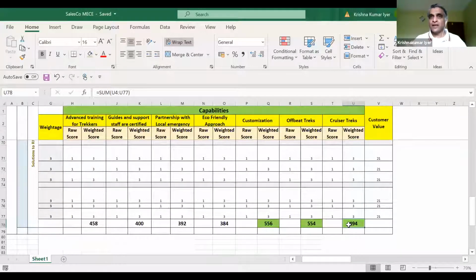Remember one thing: number 1, in the world, there is nothing called a perfect trekking company. Number 2, every time you're able to uniquely offer value to the client for that particular opportunity, you will find that irrespective of price, you always end up in a significantly better position to work with a client. Yes, price plays an important aspect of the whole thing, but remember, it's never price in isolation.